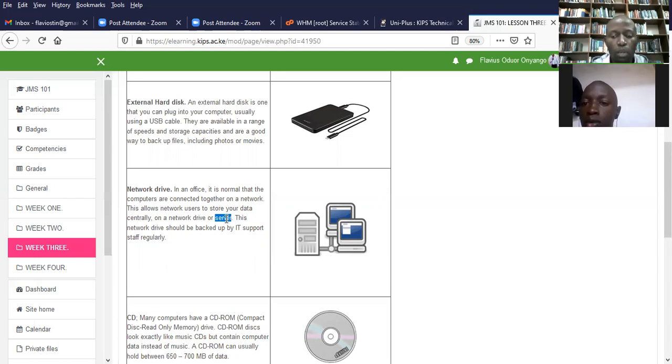So you work from your individual machine, but you don't save work on it. It is your duty to ensure that whatever you're working on is saved in a central place. Such systems, centrally placed somewhere where many people are using them, are the type of storage that we implement for such a setup.